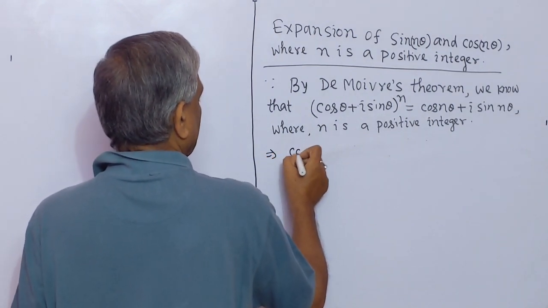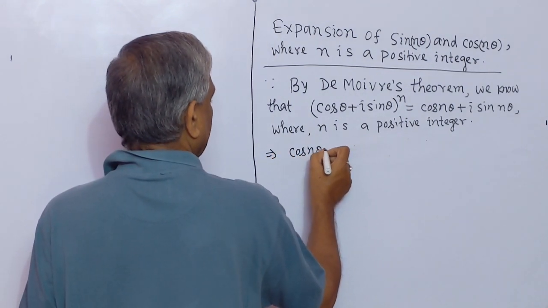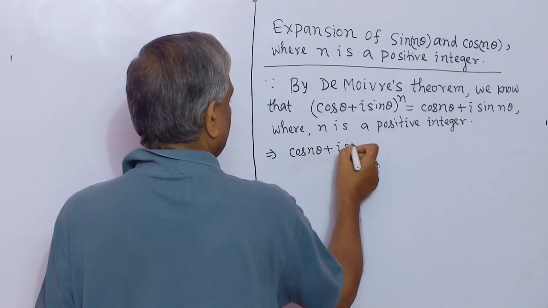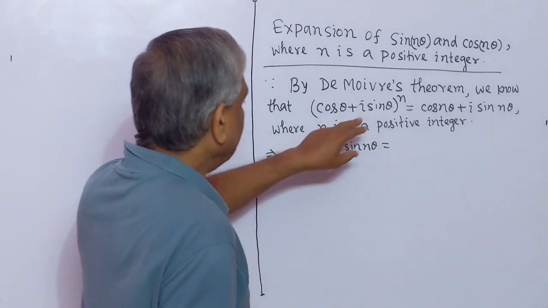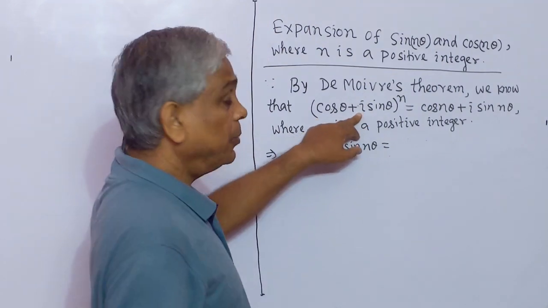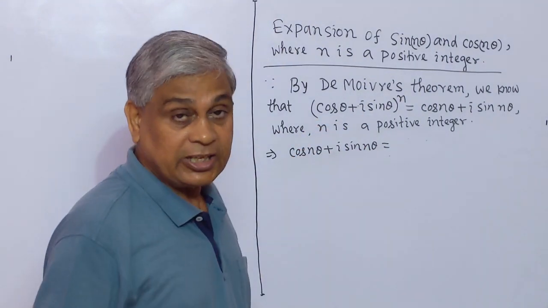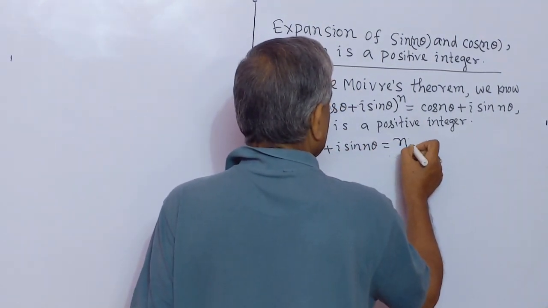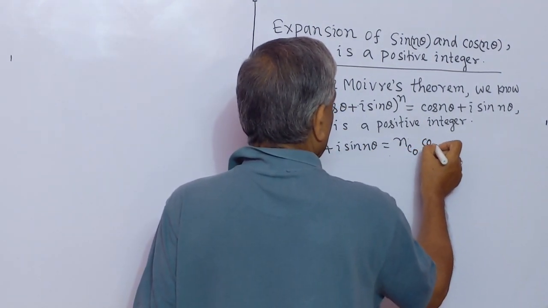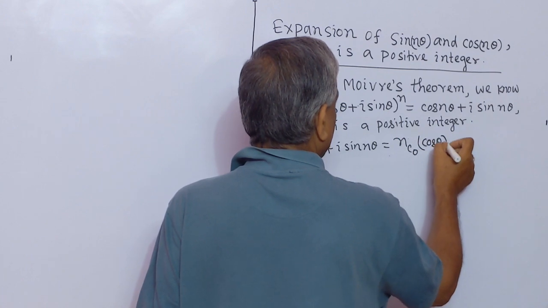Implies that cos n theta plus i sin n theta equal to, we expand this with the help of binomial theorem. So this will be equal to nC0 cos theta to the power n